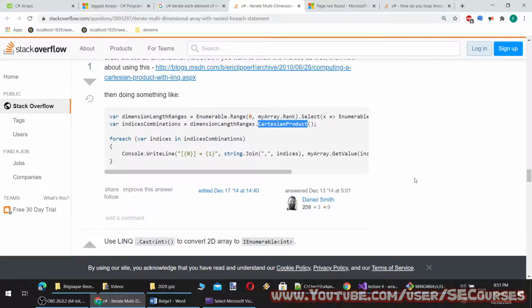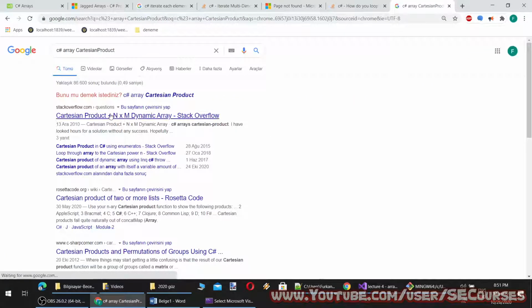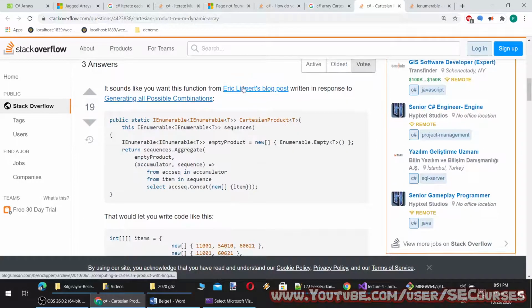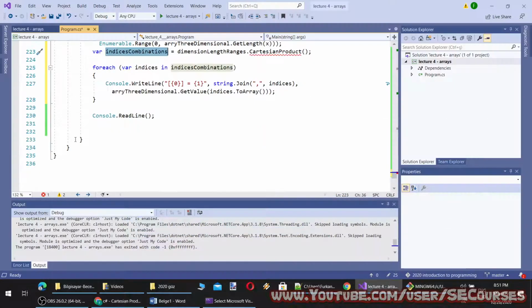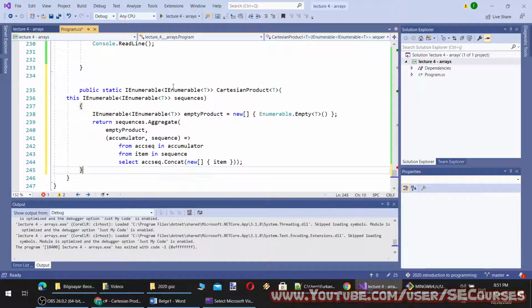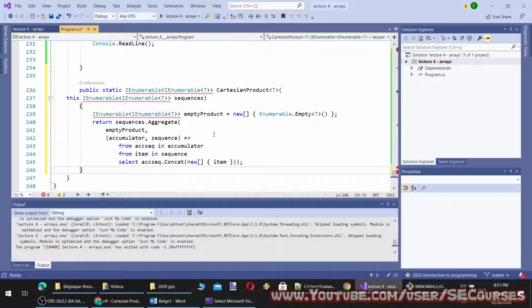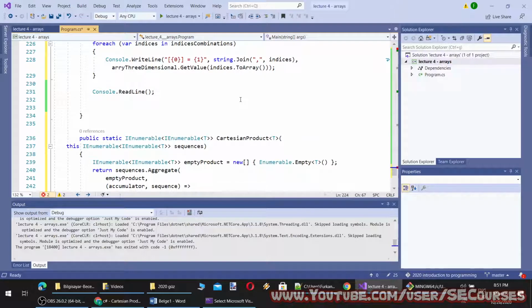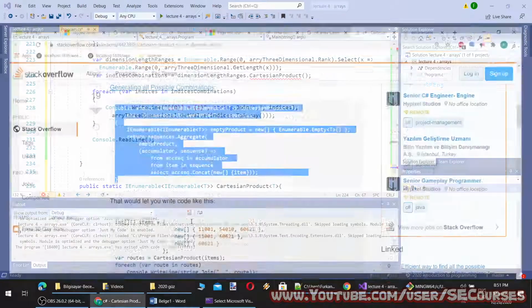Okay, so there is this method. Let's see if it works or not. Okay, collection generic, and still not working.